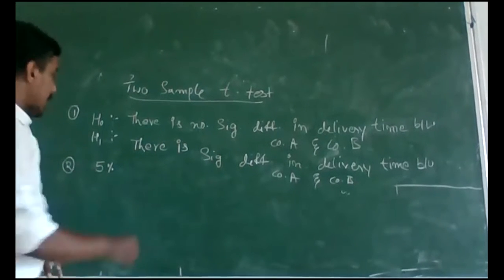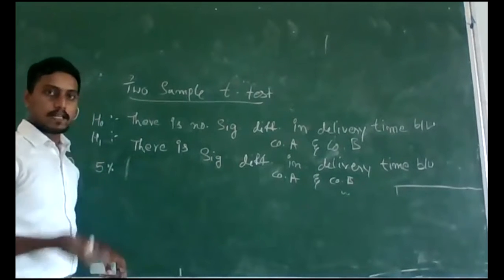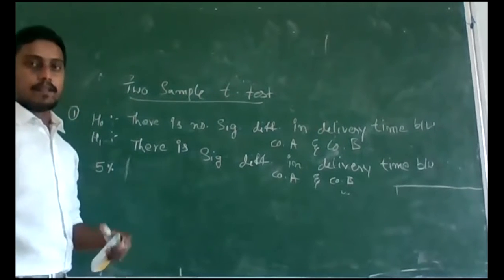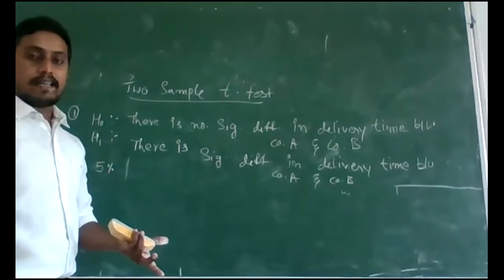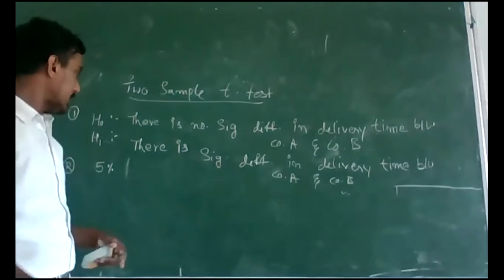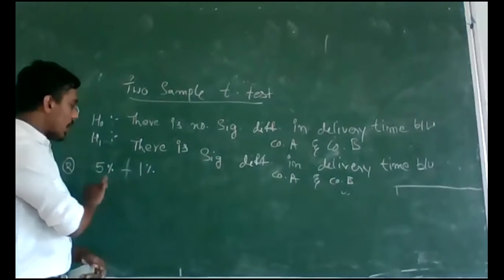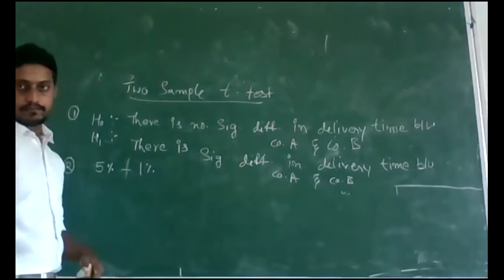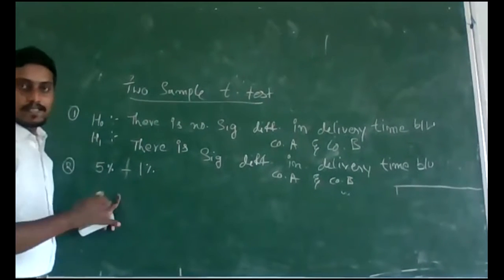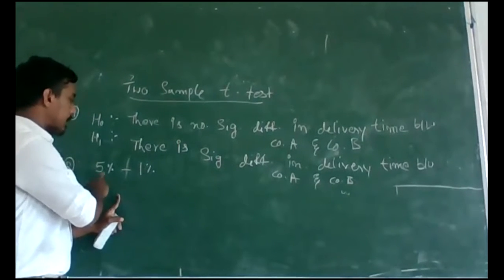So if we can select both, we can select 5% and 1%, and we can write the conclusion whether our hypothesis is rejected at 1% and 5%. We can test at both levels, or we can choose any one. So I take both levels. I want to test my hypothesis at both levels of significance, that is 5% and 1%.